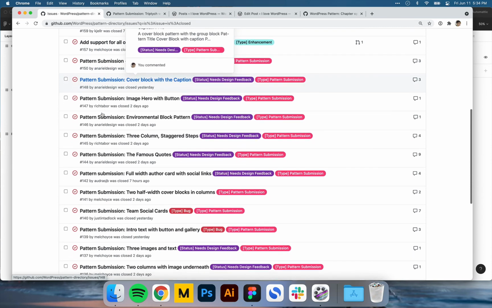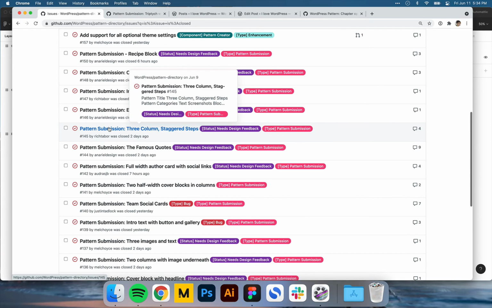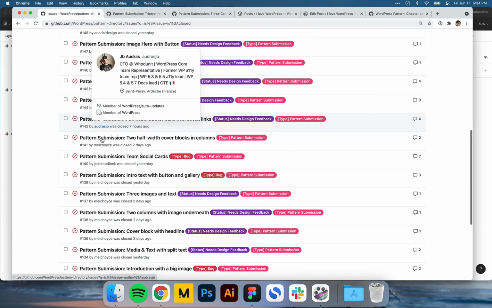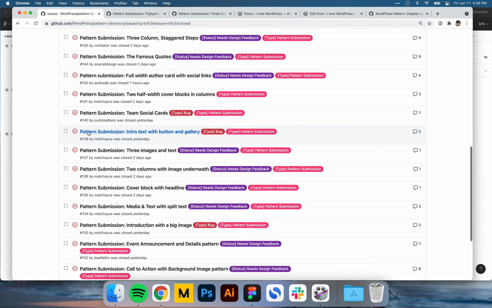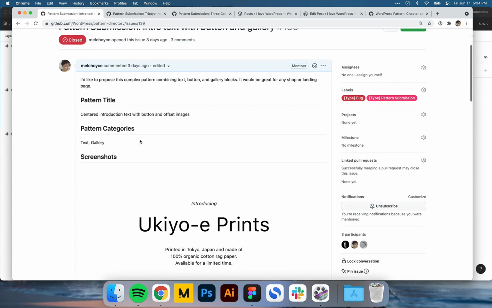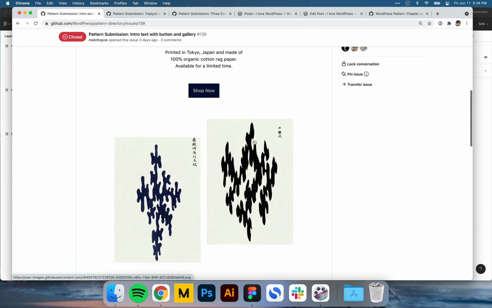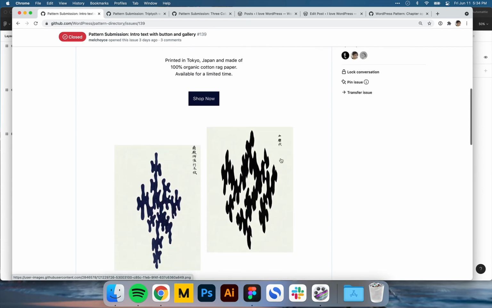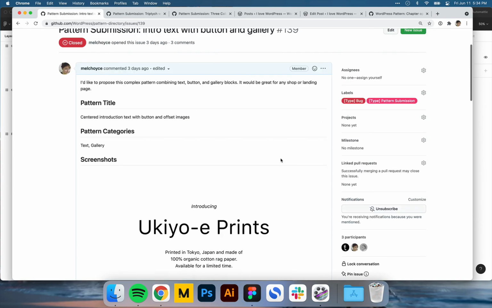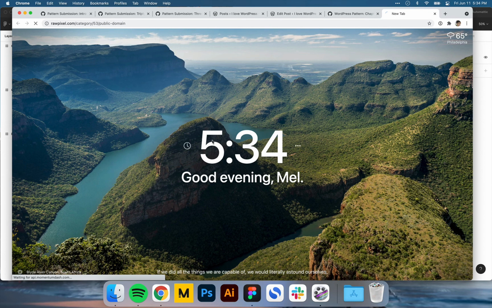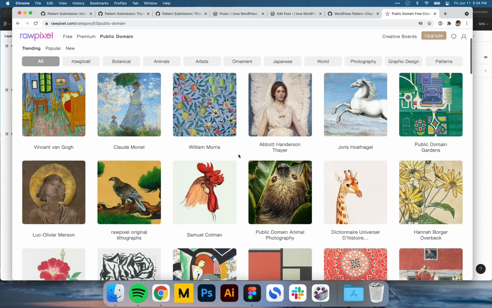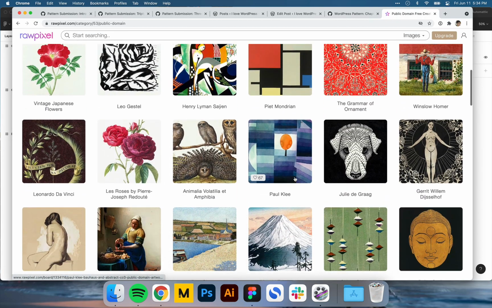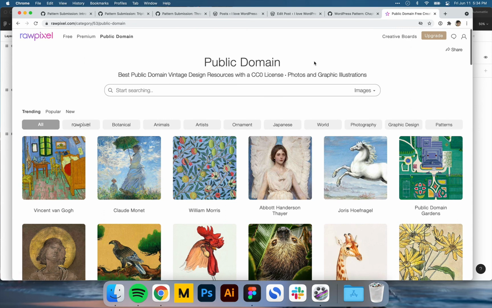Or for example, let's see. Not this one. Okay, yeah, so some block prints here and wood block prints, not screen block prints. Whatever, you get the point. We've just been using a lot of stuff, especially from Raw Pixels public domain imagery, just because there's a lot of really good art and cool illustrations. And so it's a good source if you do want to use some imagery.